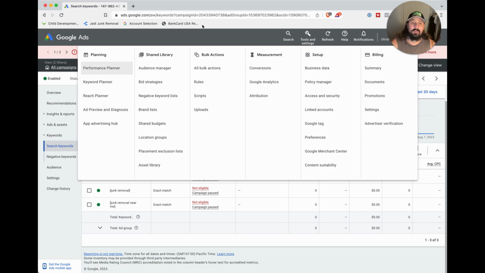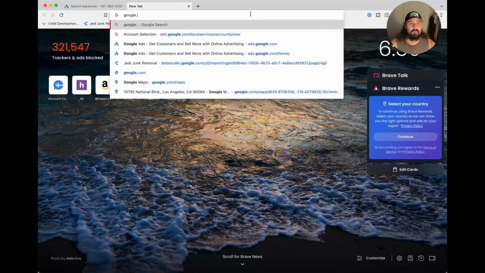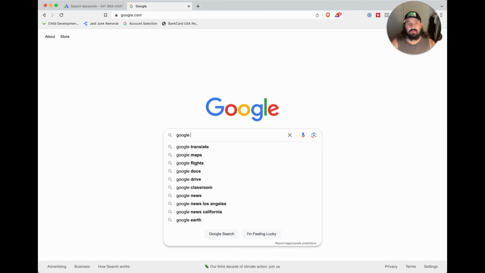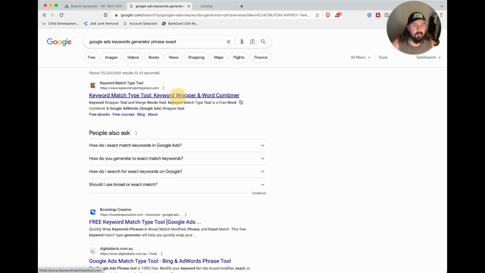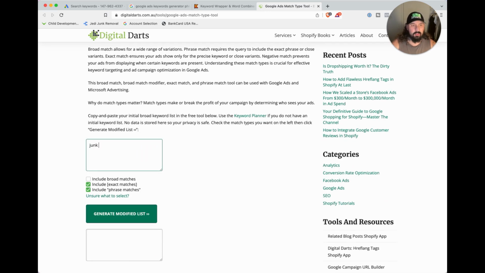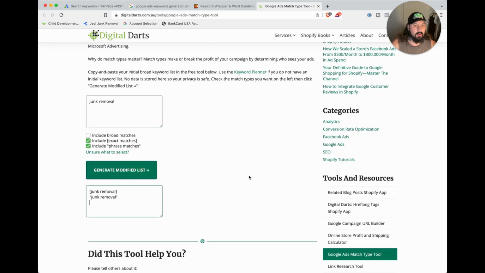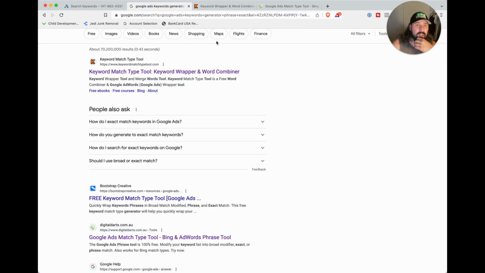But point is, when you get all these keywords, you want to go to Google. Let me see. Google Ads Keywords Generator, I think. Let's do that. Okay, here we go. So if we do junk removal, there we go. So you'll see that it does exact match and phrase match. I guess I should talk about this right now. So we have a phrase match in quotes, an exact match, and then if you don't put,